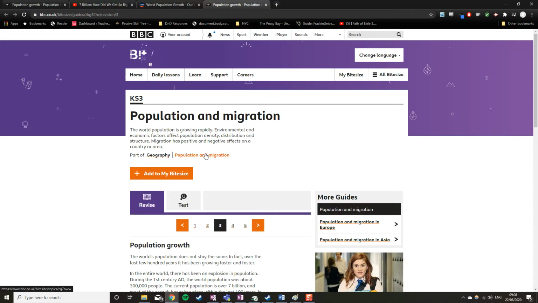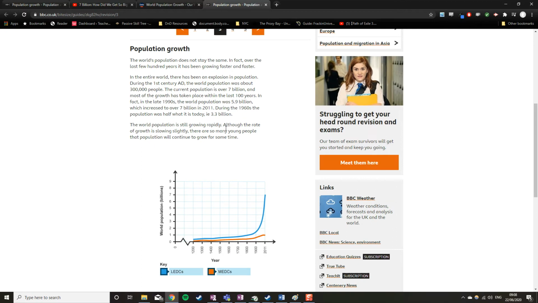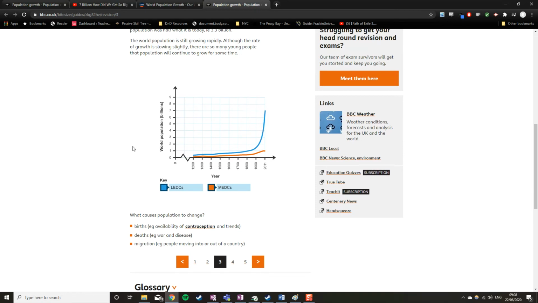So here is your Bitesize page. There's a little bit of information here that I'd like you to read, and there's also this graph that I would like you to summarize. So remember, the first thing you need to do is to scan through this text and find out how many people live on the planet. And I then want you to look at this graph, and I would like you to think specifically about the